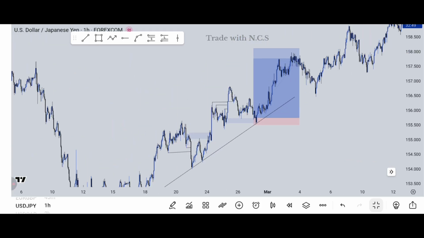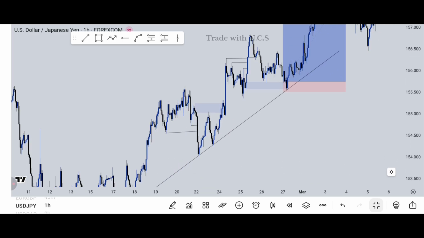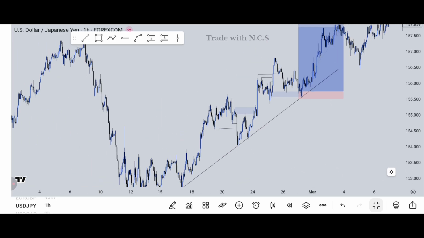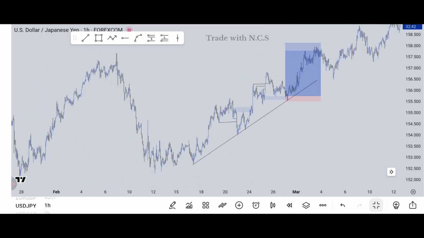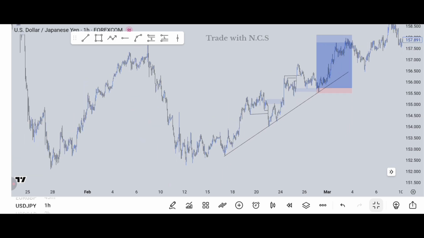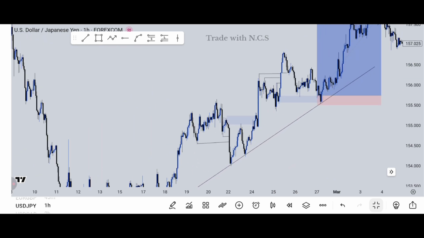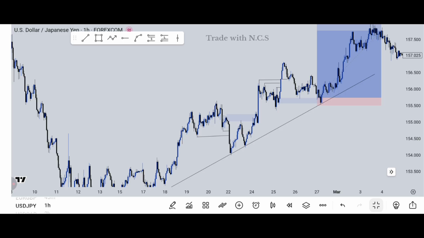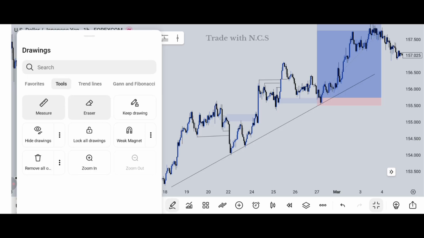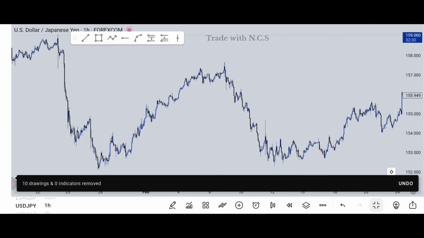Maybe in my next video I'll be showing people how to mark your trend and how to know your bias on the higher time frame. But for now, let me show people how to mark a double breakout structure properly. So let's look for another place where this double breakout structure happened. Let's go.